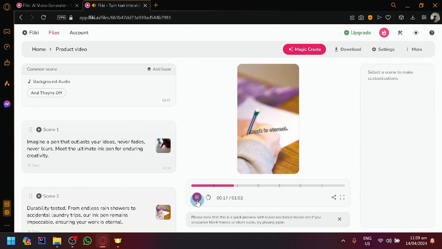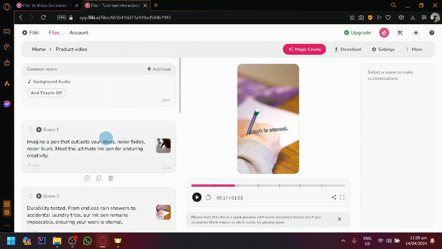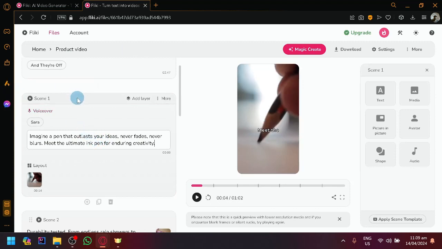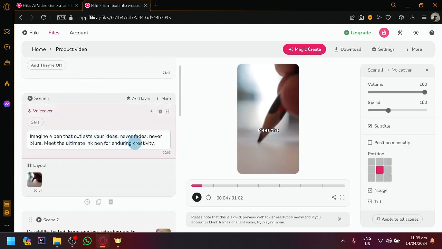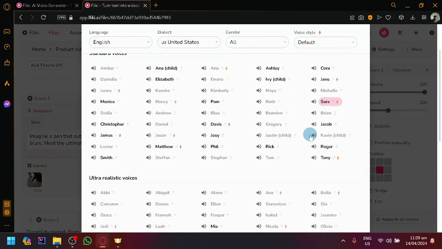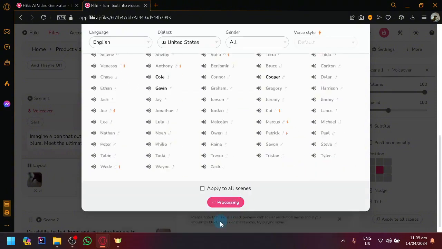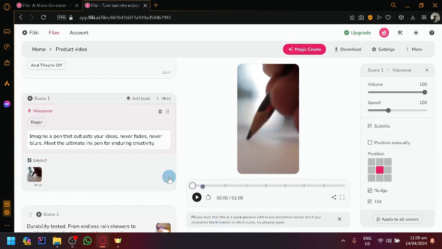It is a really good script. It took a lot of the information that we have provided and made it into a really great script that it will turn into a voice as well. So if you're unsatisfied with the voice, simply select the scene that you want to change. You could also change the script if you want. You could customize it. And you could click on Sarah and you will be able to change the voice over here. So for example, we could go with Roger. Click on select. And if you play it at the start,